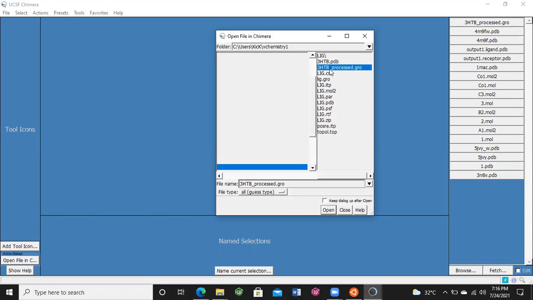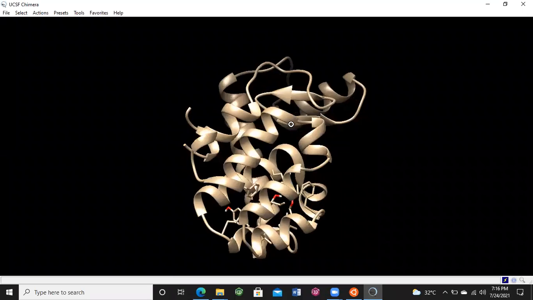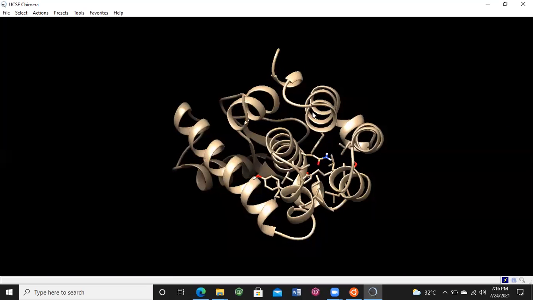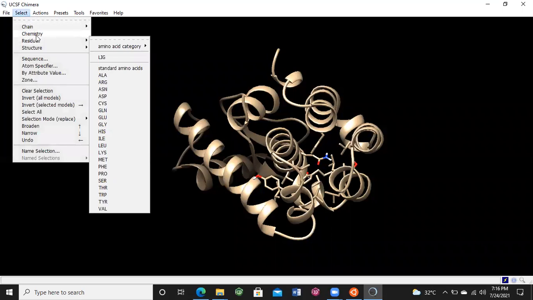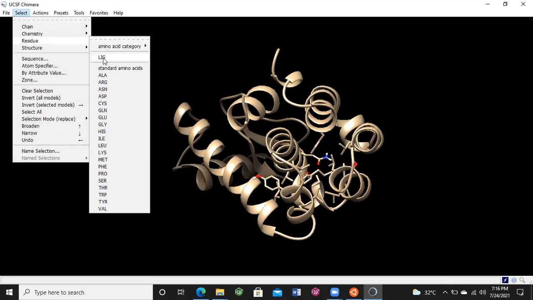This is the 3HTB_process.gro file. Now here I am opening this. One thing is not clear, which one is the ligand. Then we can go to the Select tab, then Residues and select the lig.